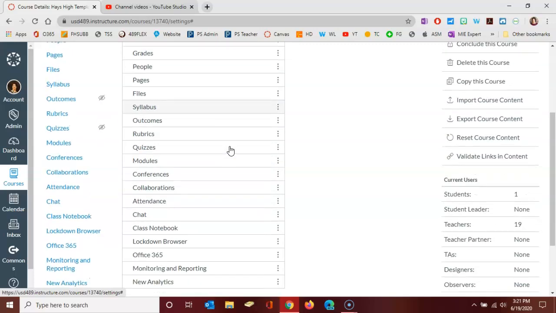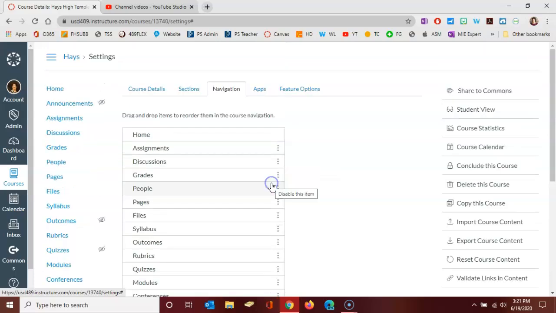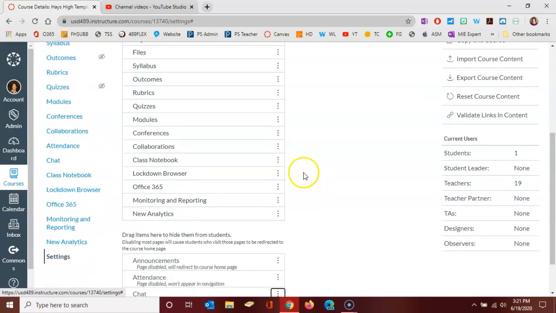All right, further on down here, a few other things you'll want to turn off. Conferences, unless you're planning to use the BigBlueButton conference option. We don't take attendance here in Canvas, so you can disable that one. If you don't want students to use the chat feature here in Canvas, you can disable it. Collaborations is kind of a cool feature, but if you haven't learned to use it yet, you want to disable it. If you don't use OneNote with your students, this class notebook option creates for you a OneNote class notebook, but if that's not something you're going to use with your students in your class, you want to go ahead